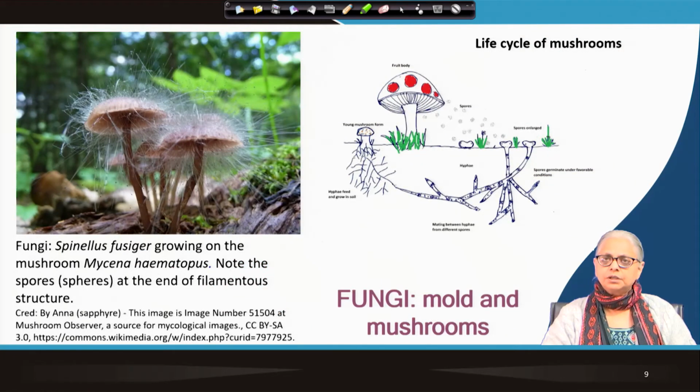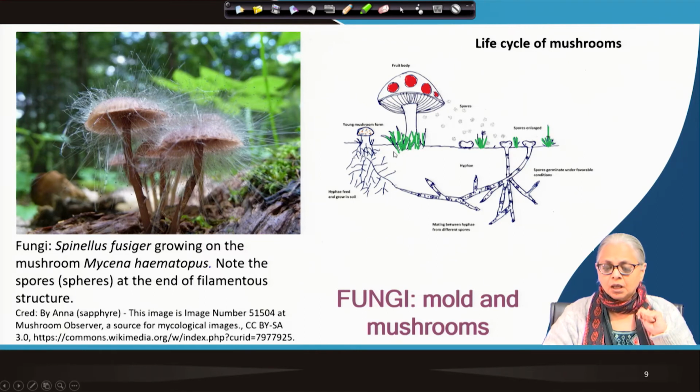Here we have an example of an interesting combination of mold and mushrooms. Mushrooms are multicellular fungi. Mushroom also has spores where each spore can result in a new mushroom. So that is also true, but the mushroom by itself is a multicellular organism. So here you have spinellus growing on the mushroom Mycena hematopus. So you have two different organisms growing together, and you can see the conidia and the spores at the end of each one of these